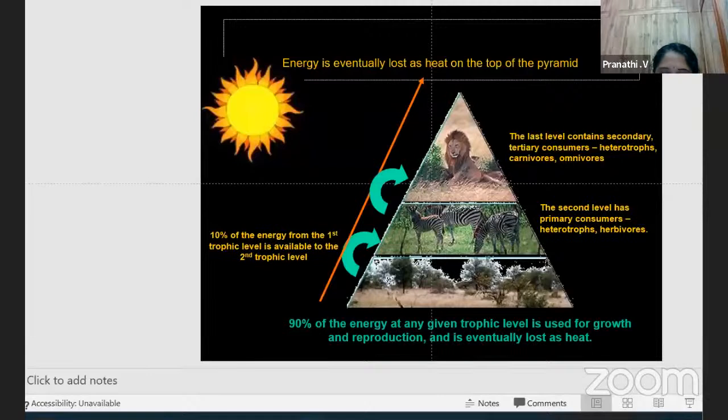Most common example. In addition to the temperature, factors like food, breeding, climates, hormones, all of it are also responsible for the migration. I will talk about the light and the other water and other factors in the next class,